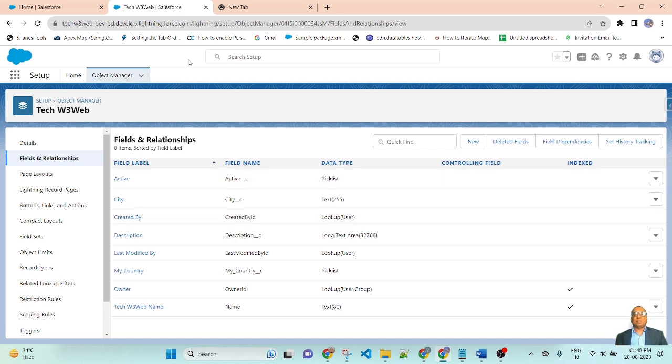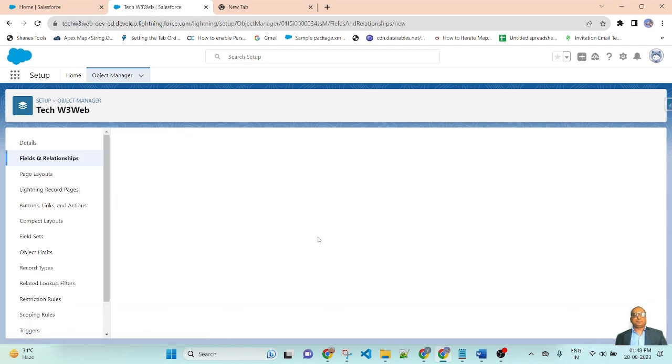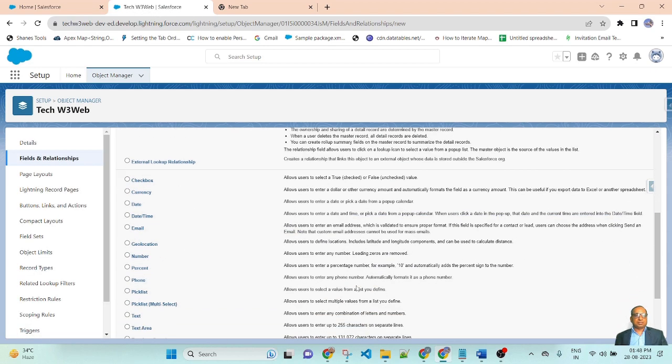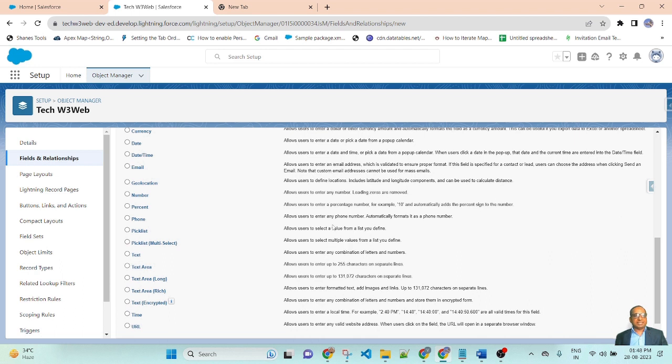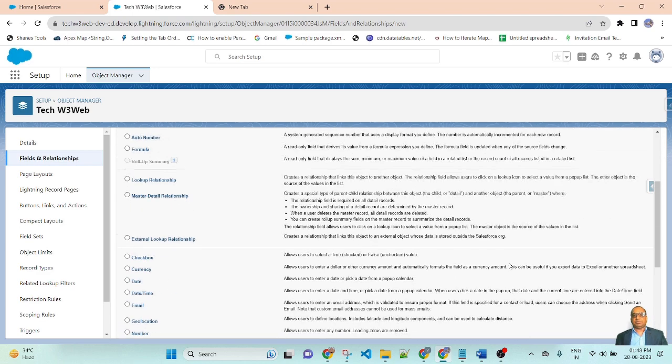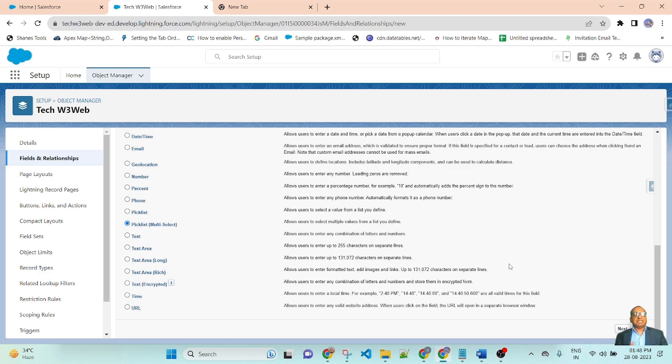Now I am creating one multiple picklist field. Click new. Right now I am selecting the multi-select picklist option. In this multiple select option, we can select multiple picklist values whenever we create a record. Go next.